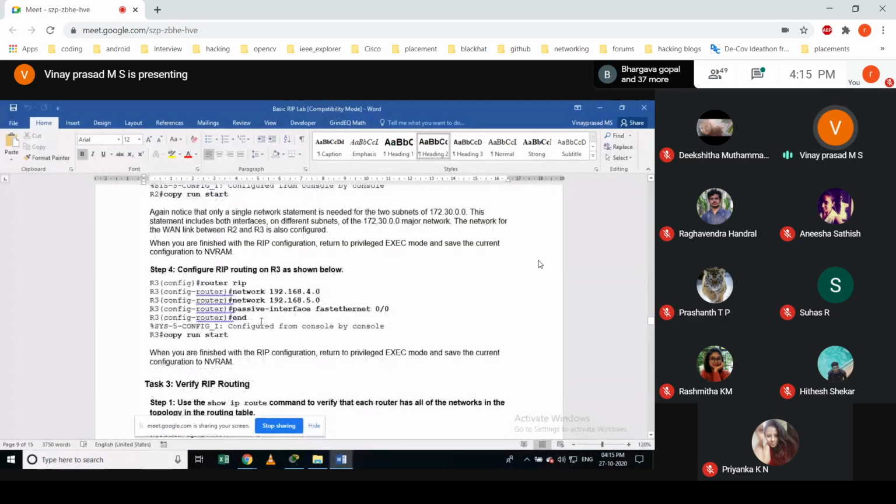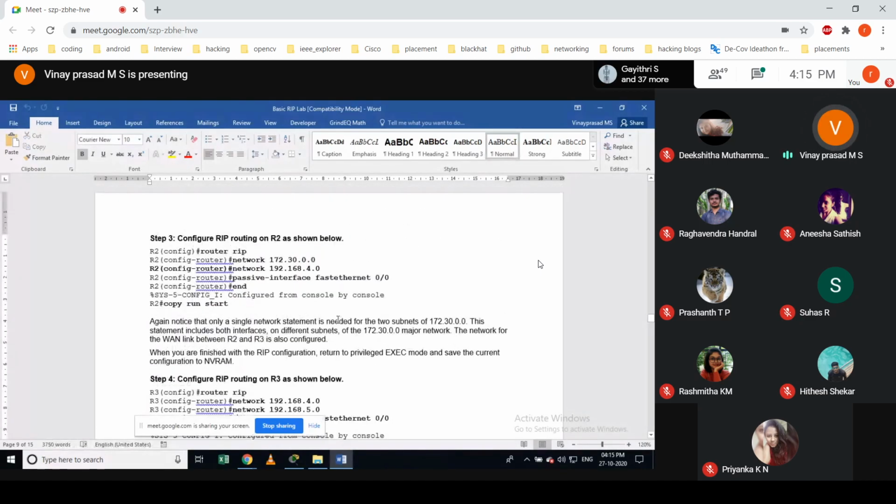One more command you might have seen here: passive interface FastEthernet 0/0. Passive interface FastEthernet 0/0 means that on this interface it will not send the RIP advertisement. That is the meaning of this.